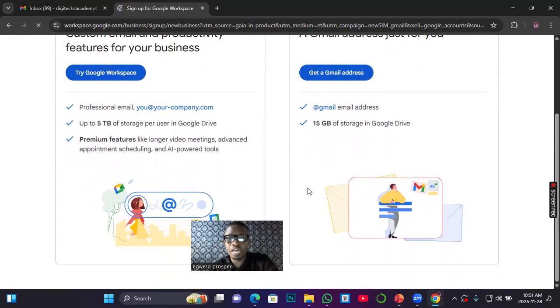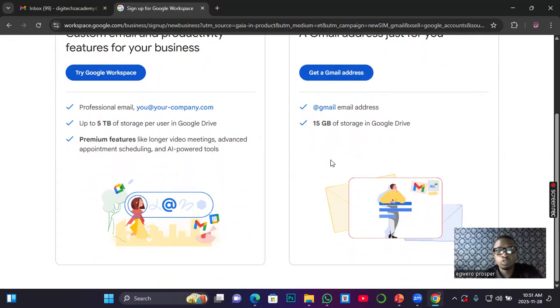If you open it as a business account, once you have used beyond a certain space, you start paying for it. People pay for owning a Google account based on the type, the open business type, and the capacity you can have there.